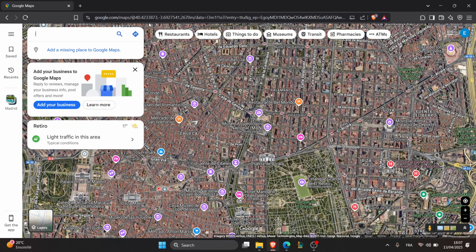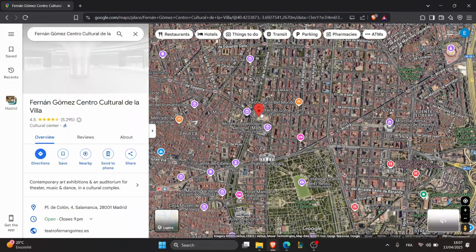And in this video tutorial, I'm going to guide you through the process step by step to edit a Google Maps location. The first step is to open Google Maps and search for the place or address you wish to edit. For example, if you're using your mobile device, you're going to have to access the Google Maps application. If you're using a computer like me, you're just going to go to your web browser and type in maps.google.com. Once the website appears, you find the location here. Let's select a random location from this map,